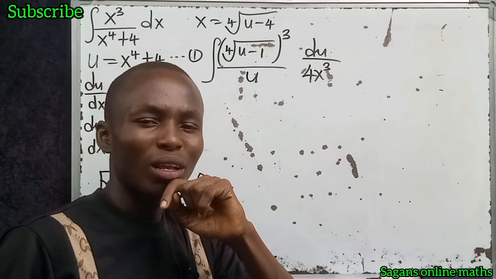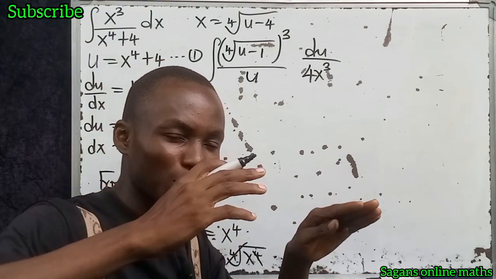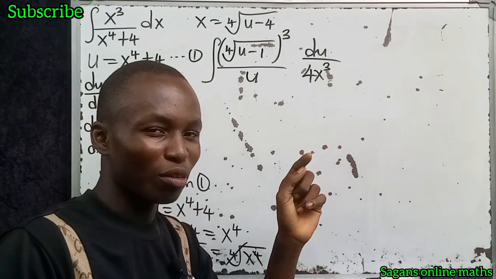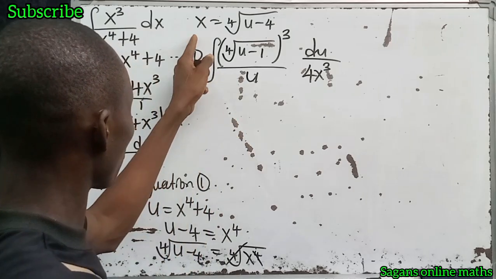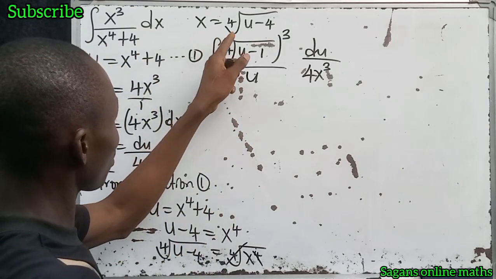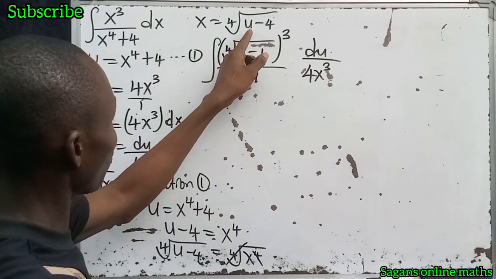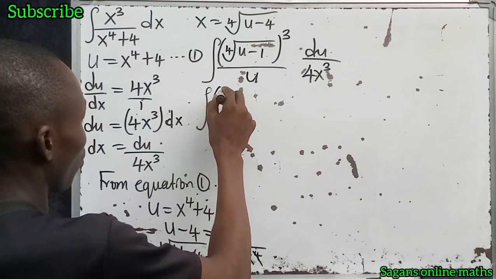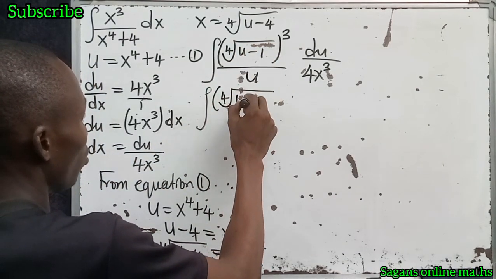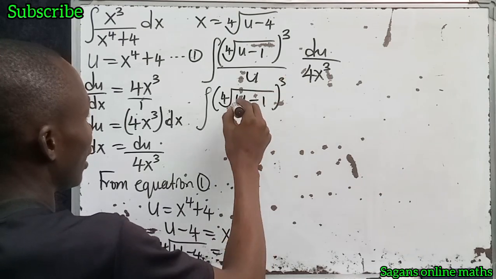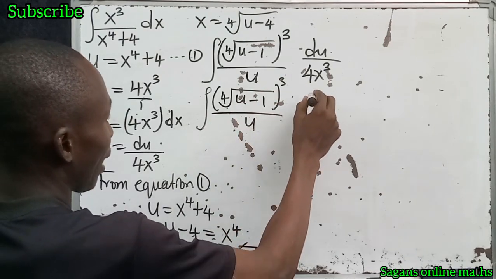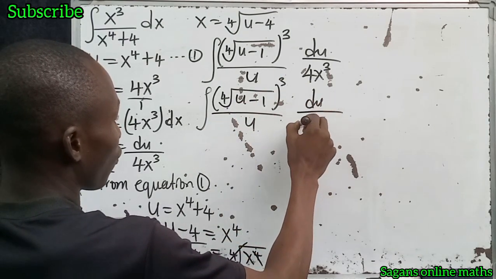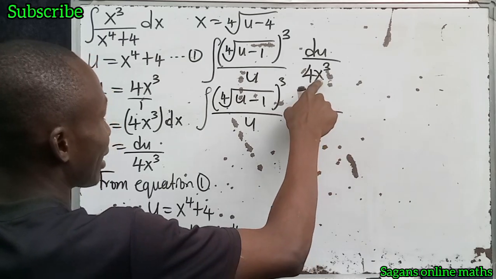Now what are we going to do? We are trying to remove x, but we are still having x here. Let's record that we have a value of x, right? Now x is equal to the fourth root of u minus 4. So this becomes the integral of the fourth root of u minus 4 all to the power of 3 divided by u multiplied by the u divided by 4 into, look at x,